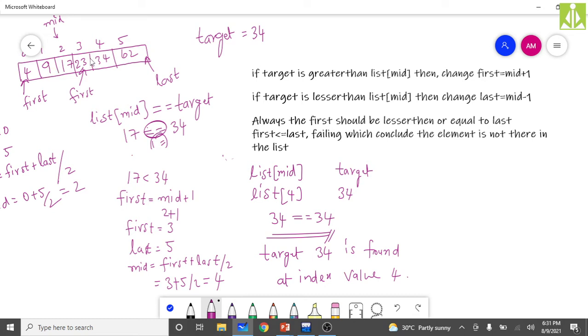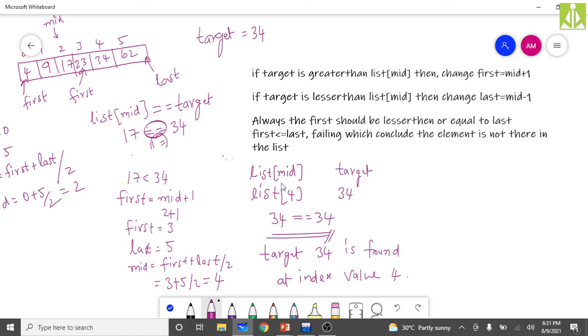But according to binary search, how many comparisons did we perform? This is the first comparison and this is the second comparison. In the second comparison only, we found the element. So it is an efficient technique. Finding the element with the binary search technique is efficient. This technique must be followed when the list size is huge, or more than 50 elements, as we said yesterday, in my previous video. This is actually part 2.